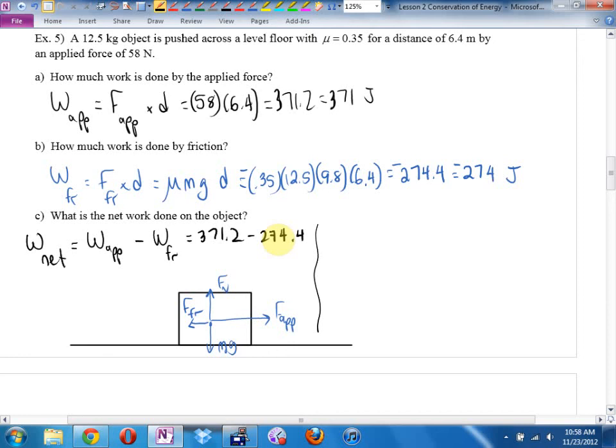What is the net work? 106? 96.8 joules. That's one way to do it. And that's probably how I would do it if I had done part A and part B as if they gave me this question. Now, if they just gave me part C and didn't walk me through part A and part B,